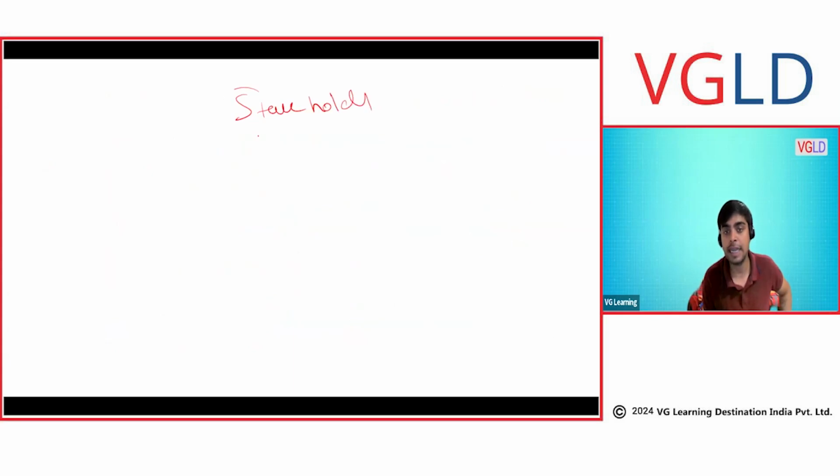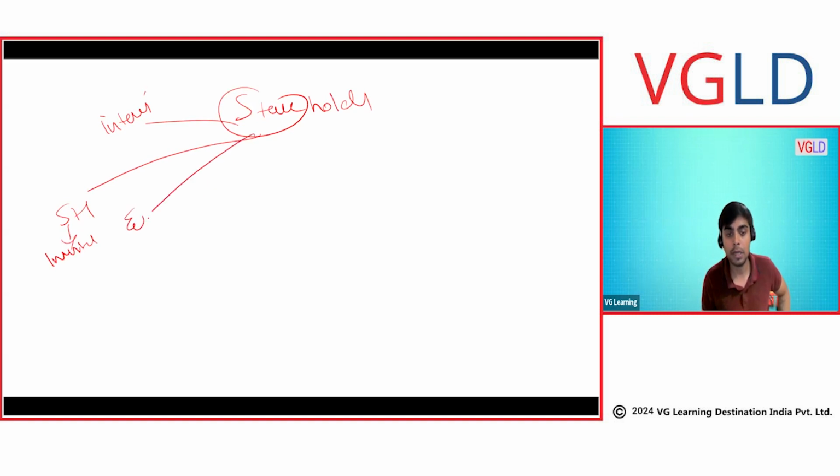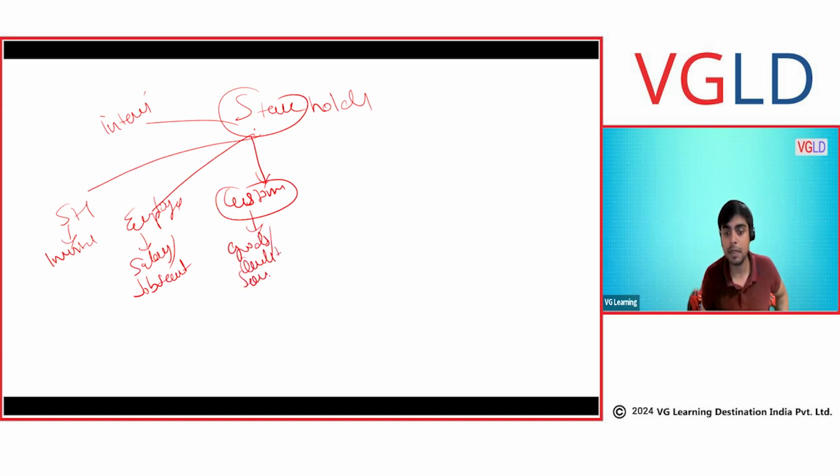If you break down this stake, what stake you have, what interest you have. So the stakeholder as shareholder: a shareholder has money invested. Employee: employees have their salary, job security, right? Let's talk about other stakeholders. Customer. Customers receive goods, quality, services from the company. So they have their stake in the company as a customer, that whether the company is providing them the best quality services, best products, right?